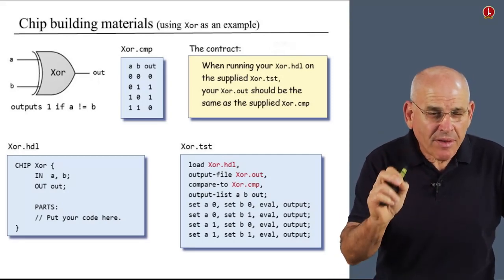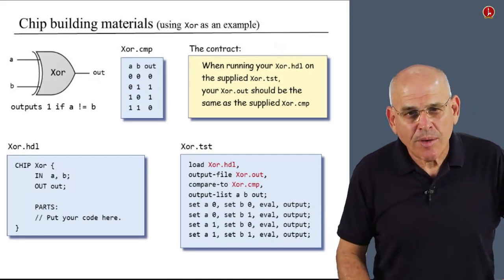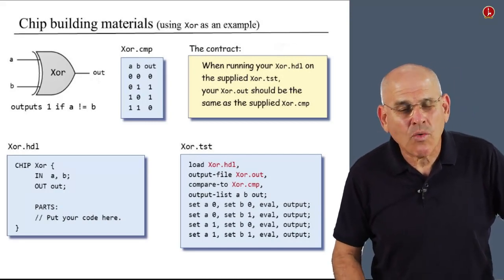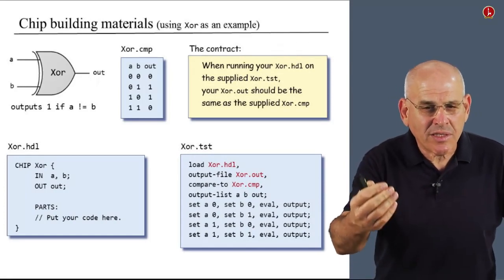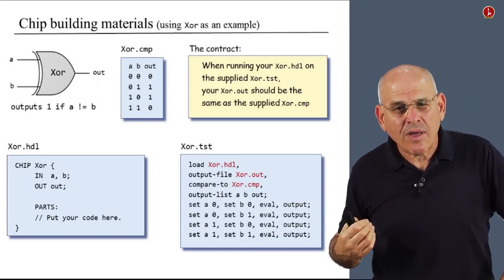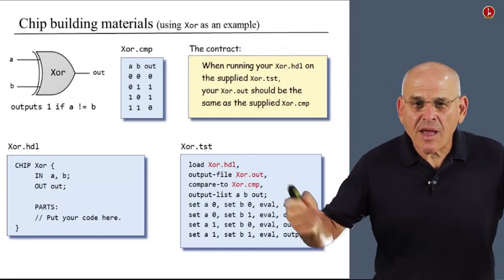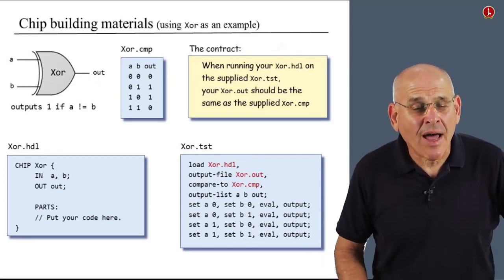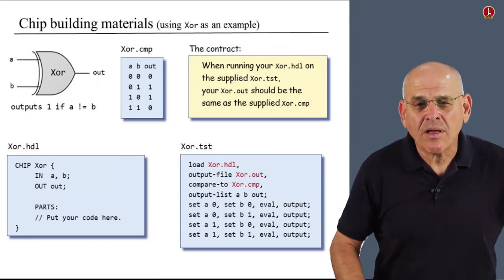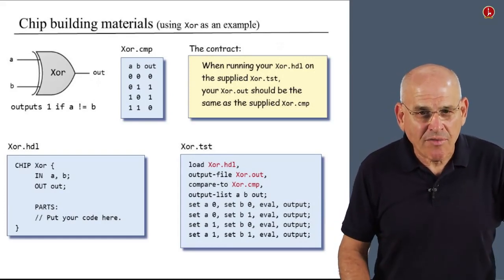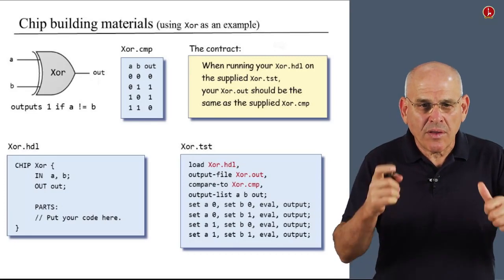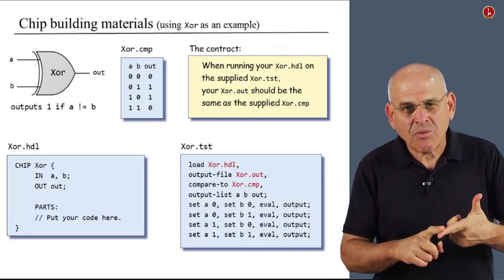If this will happen, you have built the chip to our satisfaction. Once again, if your chip generates the expected behavior that we have specified, then you are done with this chip and you can go on to develop the next one. So for every chip that you have to develop, we're going to give you a stub file, test script, and a